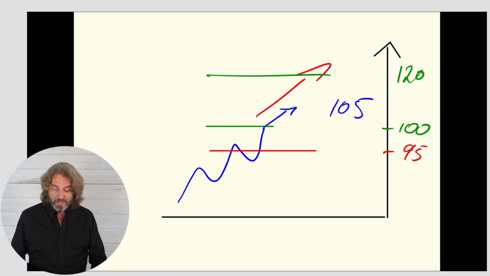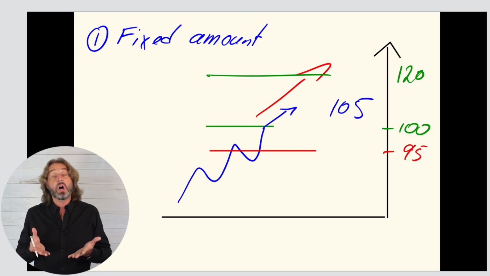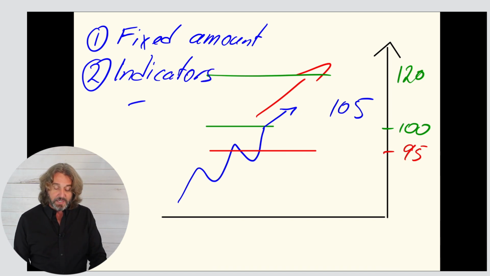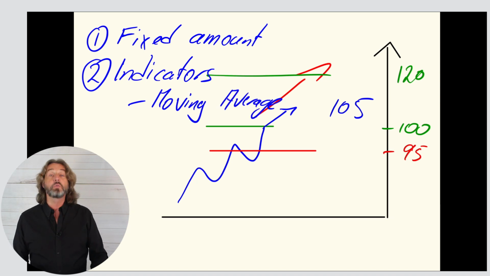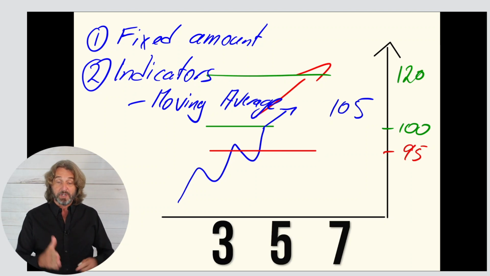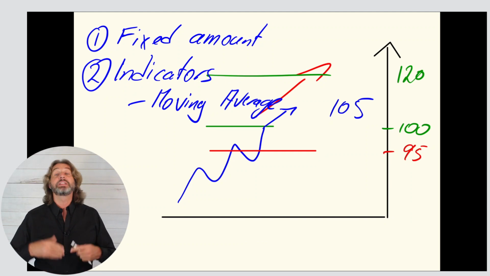What are the different ways to work with a trailing stop? So first of all, as I just said, you could use a fixed amount. Means, for example, as the stock goes up $1, you move your stop loss up by $1. Another way is to do it based on indicators. And one of the most popular ways to do it is doing it based off a moving average. Now, if you want to move your stop loss based on a moving average, you need to use a moving average with a rather small setting. Like, for example, with a setting of 3, 5, or 7. This way you make sure that your stop loss stays close to the current prices, that you don't give the